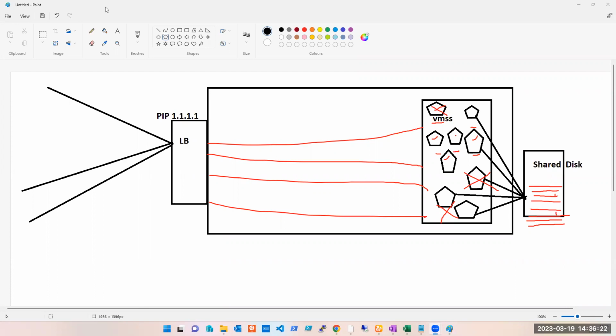This load balancer works as a front face to all of them. These are all in the backend pool, as you said yesterday. But for users to communicate, like external users or internal company users, as in your example of 100 people in a company who need to share information or data on the servers in the VMSS, it will go through the load balancer, because the load balancer is a front face which has an IP address. Right.